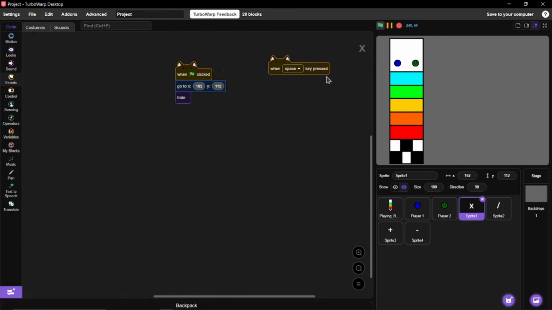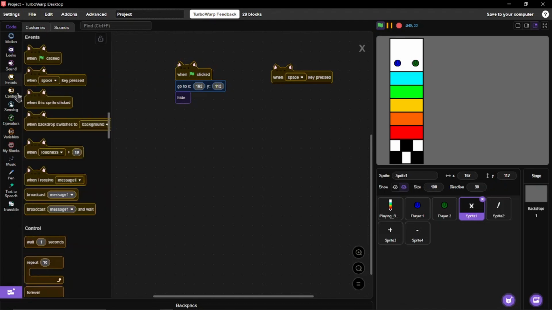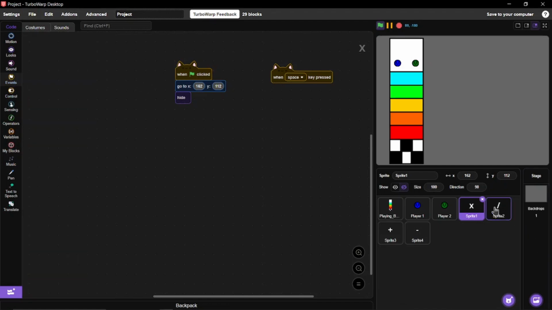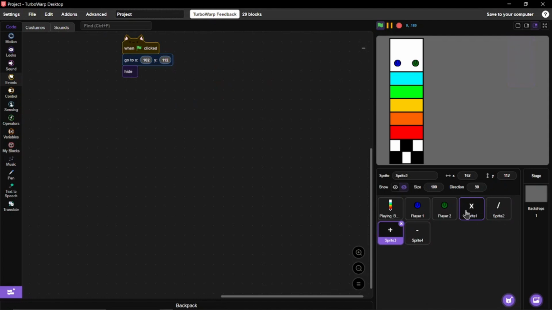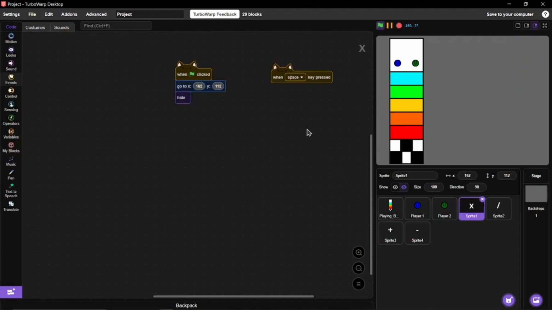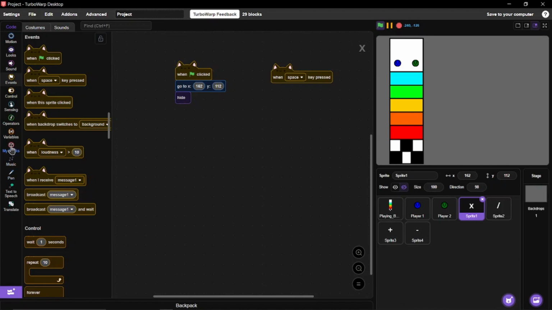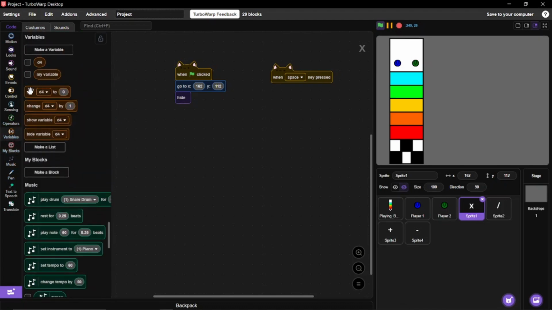So when you press it, this line of code is going to activate. It's going to randomly select one. So when space key pressed, this doesn't need to be on all 4, because it's just going to be on this one, because it's just a random thing. You don't need it on all 4 different things. When the space key is pressed, well, what we're going to do is we're going to set